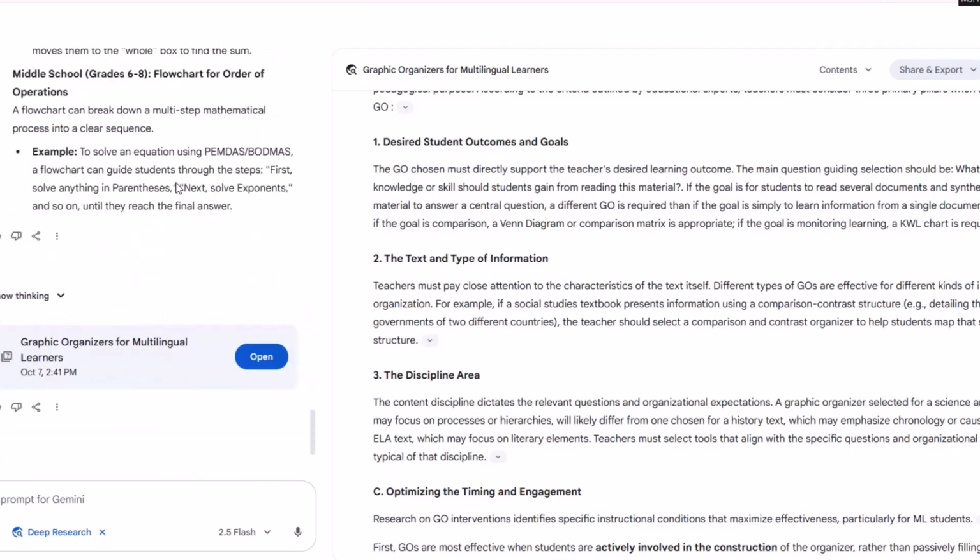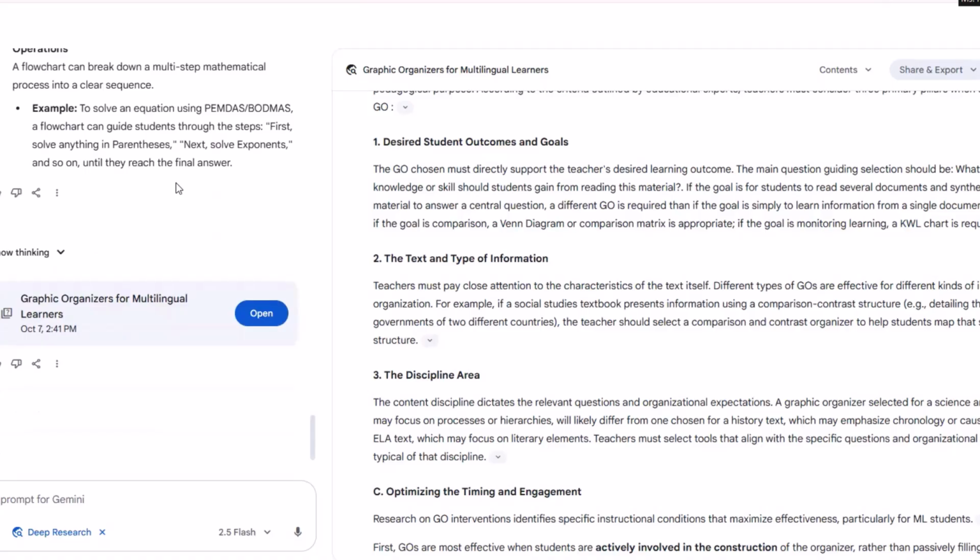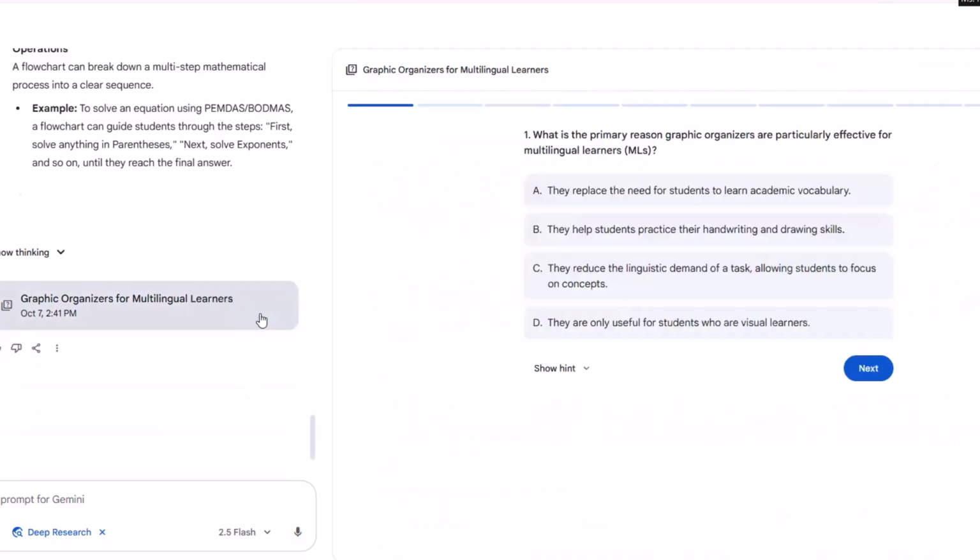And then I asked it to, oh, here's the quiz. So I asked it to create a quiz because right here you could say create a quiz. So I'll open up this quiz here. And it creates an interactive quiz in here. So this isn't anything that I can download, but I can show a hint